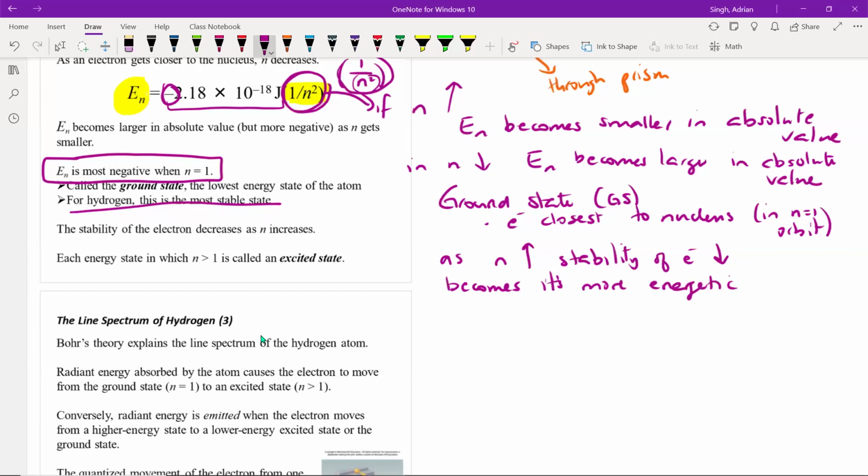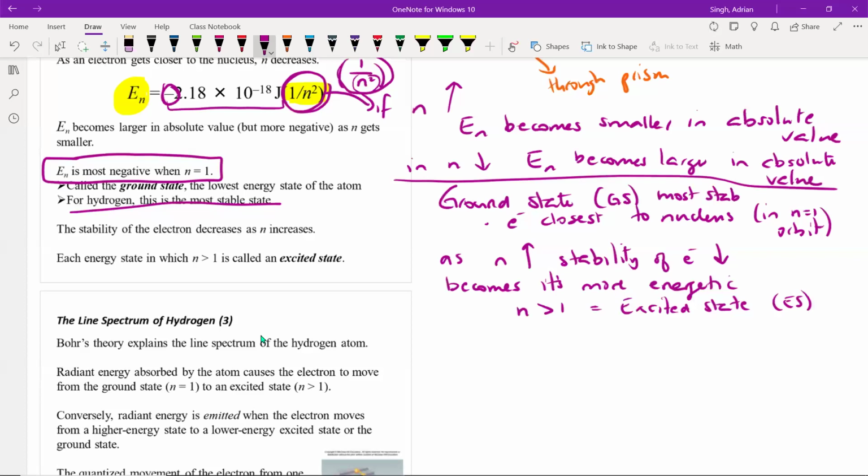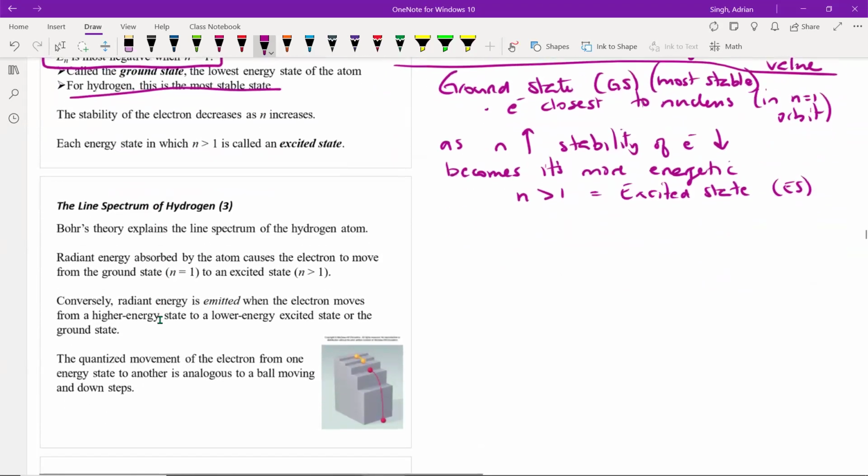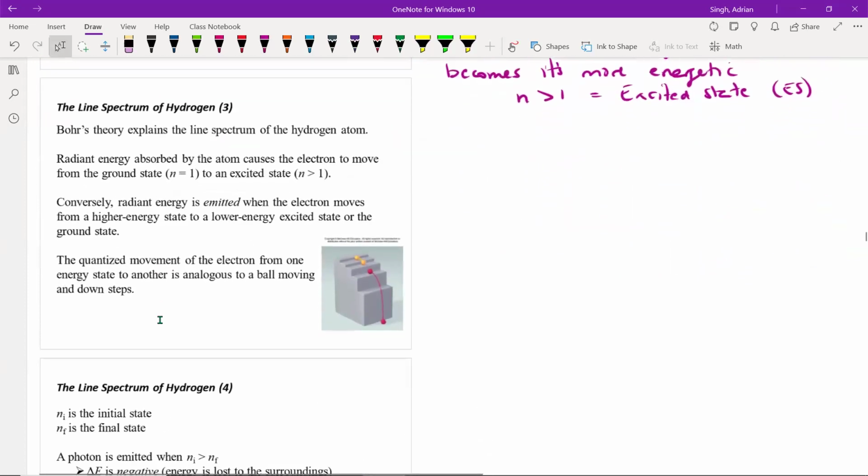So each energy state that is greater than n equals 1 is called an excited state. Okay, so we excite the electron. It goes from a ground state, which is the most stable, to an excited state, where it's less stable. We'll call that ES, excited state. So ground state, most stable. And again, this is for the hydrogen atom. As we increase the number of electrons, it becomes a little bit more complicated, but the idea behind it is still the same. So Bohr was then able to use this theory to explain the line spectrum of the hydrogen